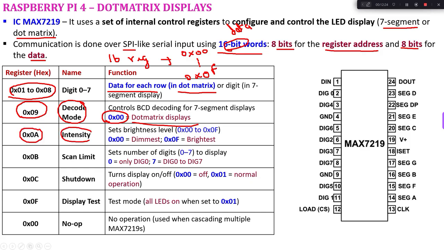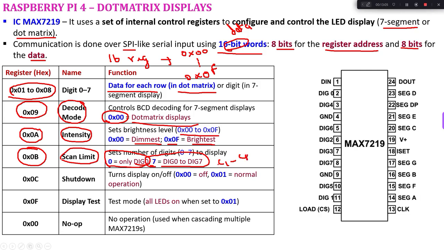The next address, 0x0A, represents the intensity of the LED. I can set any value between 0x00 and 0x0F, where 0x00 is dim and 0x0F is the brightest. Next is address 0x0B, the scan limit, which decides whether I want only the first column or all the columns. If I put 0, only digit 0 is enabled. If I put 7, all digits 0 to 7 are enabled, which means columns 1 to 8 get